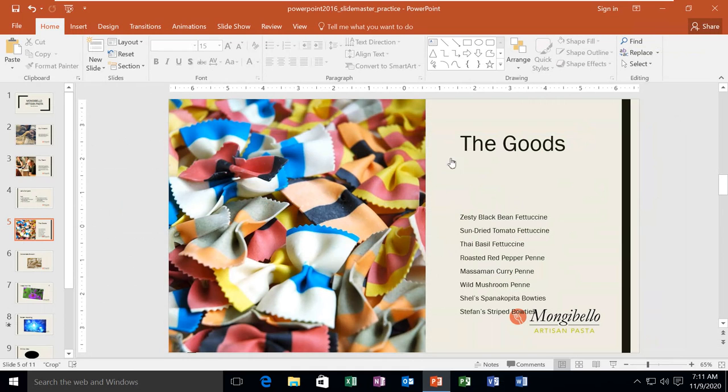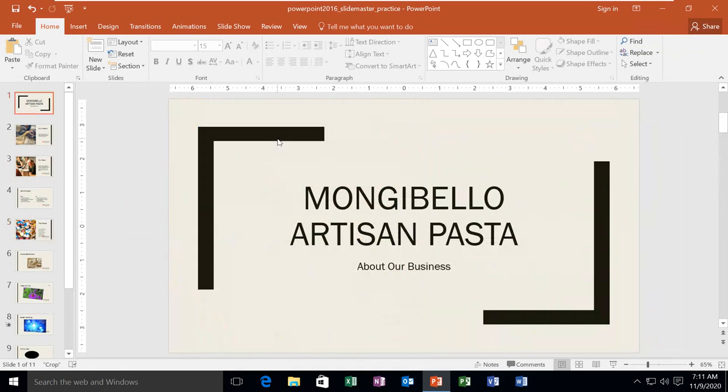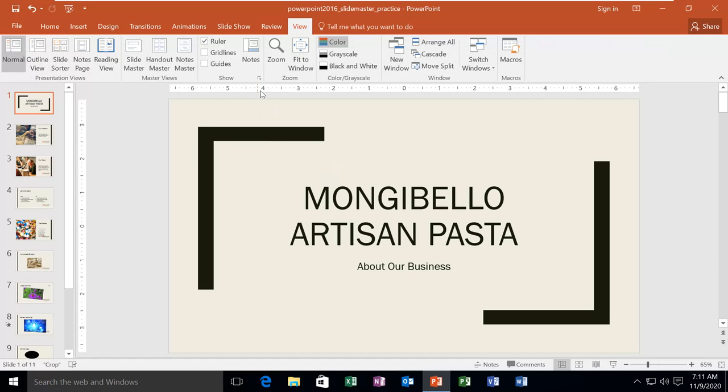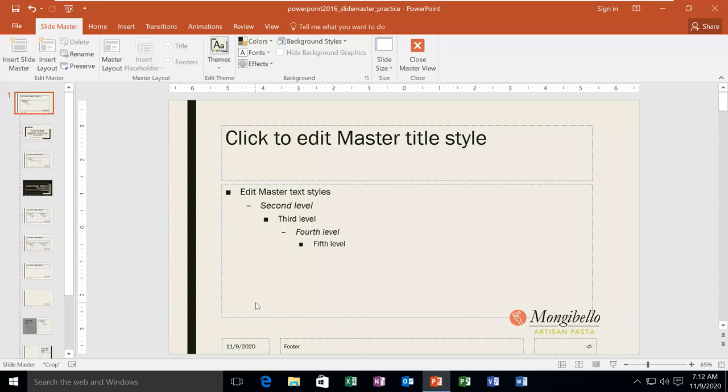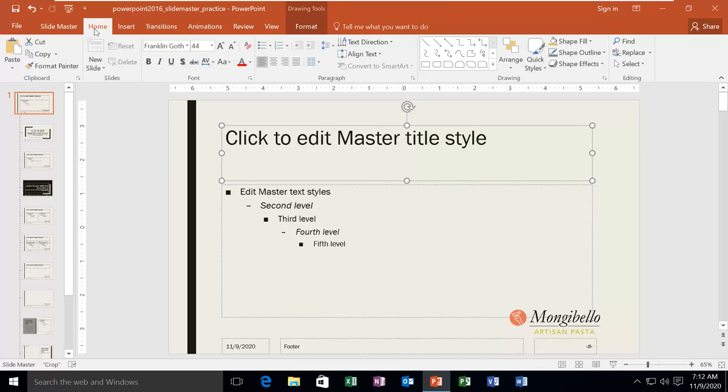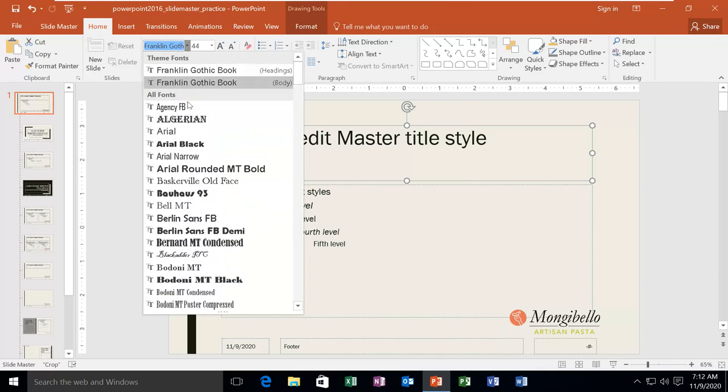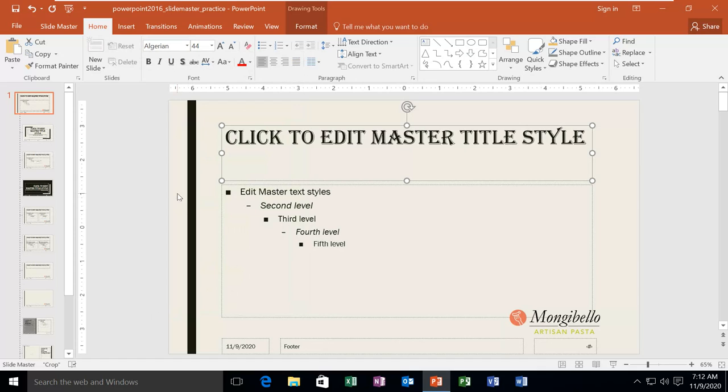So if I want to change the text style, like this one is different, I'll go again to slide master view, and I will select the master slide here, and then I'll select this title placeholder, and I say this one should be like this.